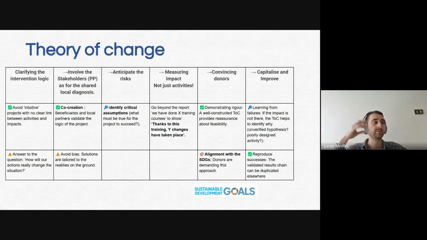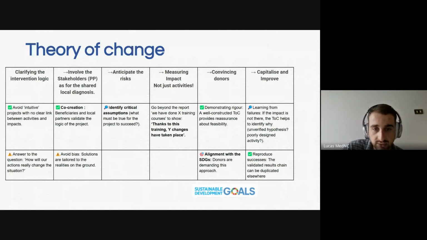But sometimes we think we can do a project in another town, in another city, where we see an opportunity. If you don't have the information from the people that live and work there day to day, you're not going to have the same results. So that's the risk. Involving your stakeholders is the second great step.